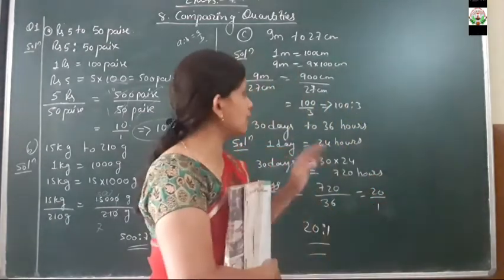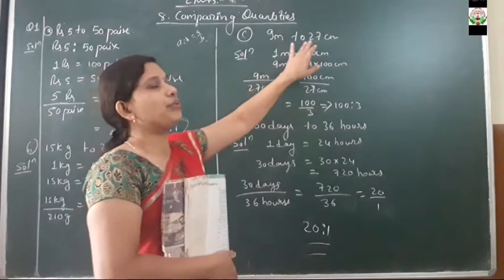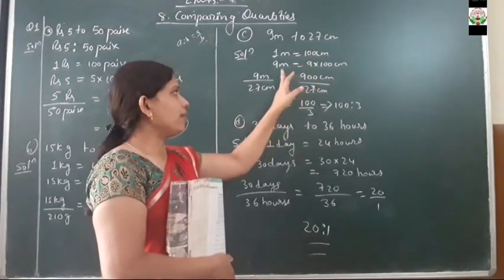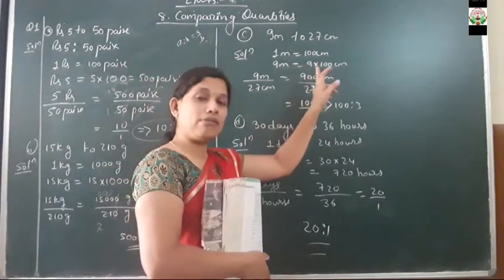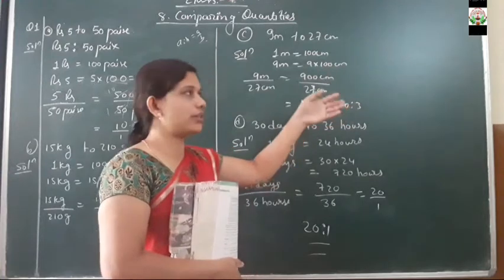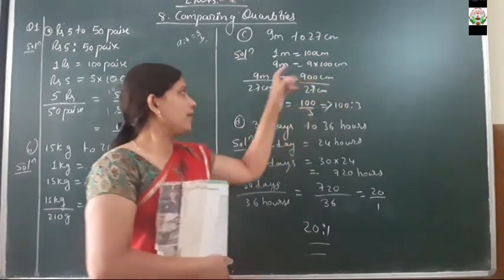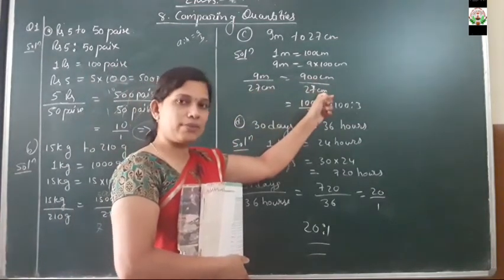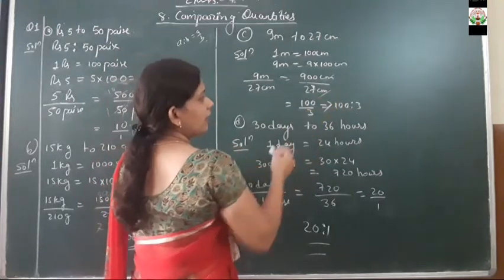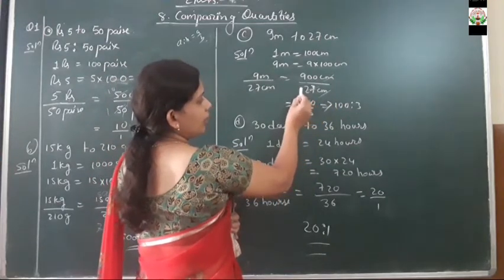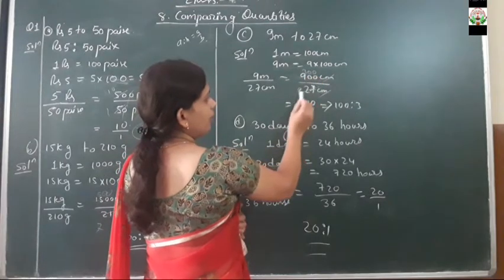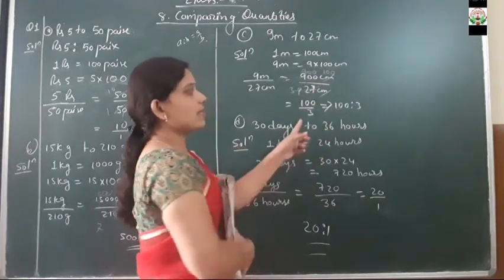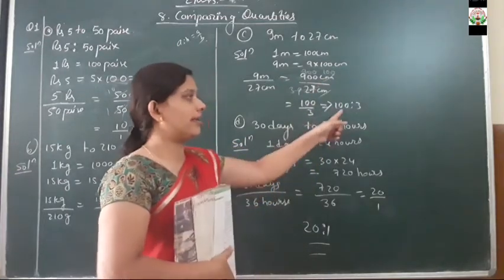Now moving towards the C part of the question, that is 9 meter to 27 centimeter. As we know that 1 meter is equal to 100 centimeter. So here 9 meter will be multiplied with 100 in order to change its units. So it will become 900 centimeter. Now 9 meter upon 27 centimeter is equal to 900 centimeter upon 27 centimeter. Here the centimeter will get cancelled. Here this will be the table of 3 9s and this will be 300. Then again 3 times, here it will get cancelled, 100. So what is the answer? We will get A is to B, that is 100:3.